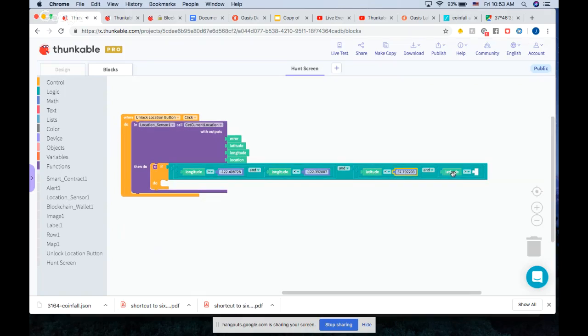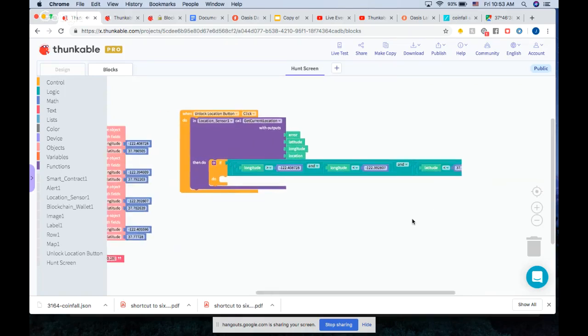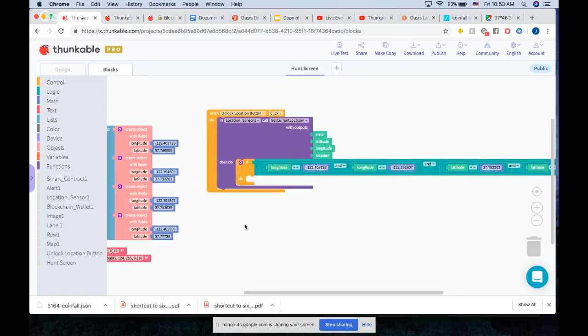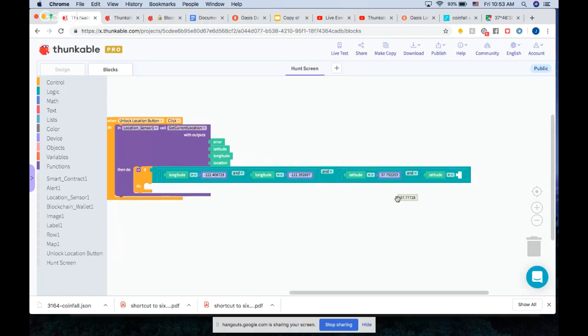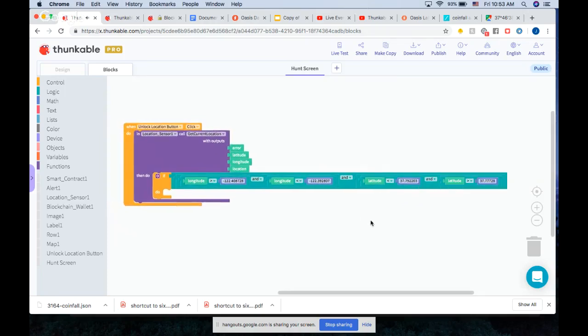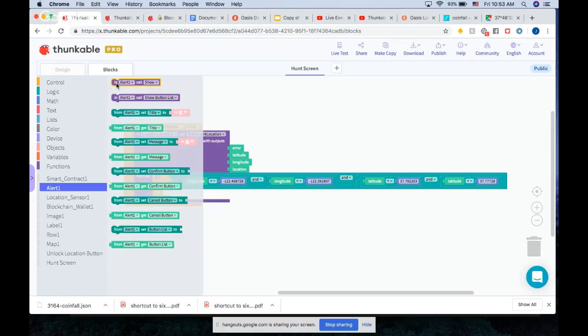And our latitude is greater than the smallest, or the lower value. So let's find the lowest value in latitude, which is this one, and plug it in. Again, this is just saying if you are within this location, what we're going to do is now call an alert,